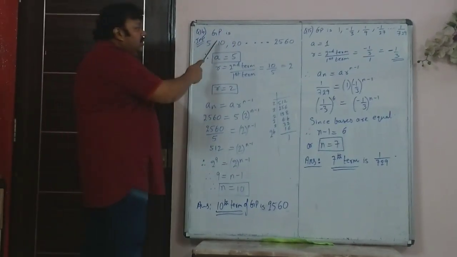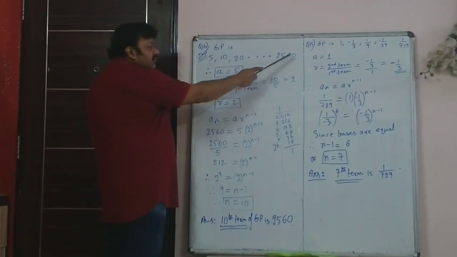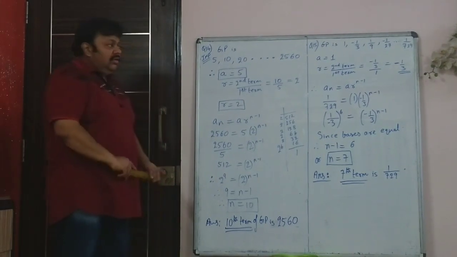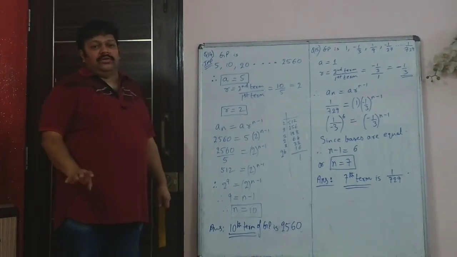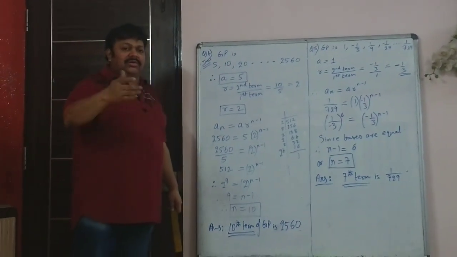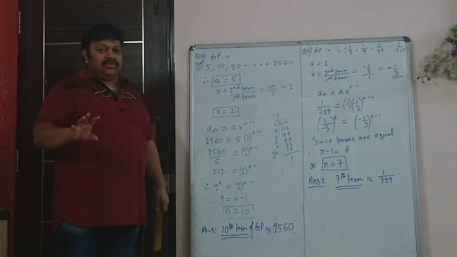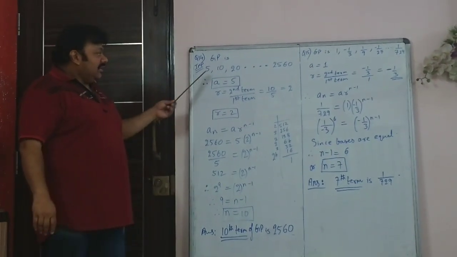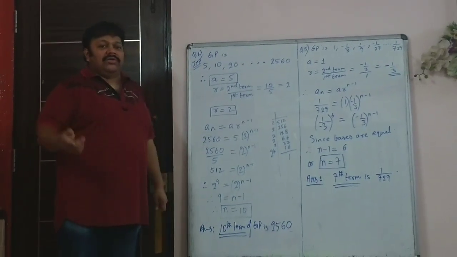Now you are given a GP 5, 10, 20 and asked which term is 2560. This is a very simple sum. Sums like this are generally asked in the board. Very lengthy sums like 4 terms, product is this, and then factorization, quadratic, all that has not been asked in the board till now. But these sort of sums which are very simple, which term is this, and so find the sum of all the terms.